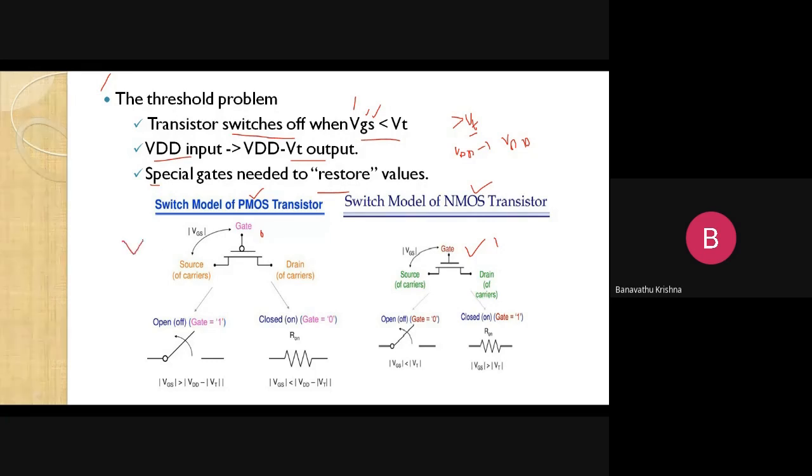Coming to this PMOS transistor, here it is VGS, between the gate and source, the applied input voltage, right? So let us see here, it is open, which means it is an off switch. Here the gate is 1, so when we apply input voltage 1 here, the transistor acts as an open switch, right? Suppose I apply a gate input of logic 0, then only the PMOS transistor is going to be an on switch, right?